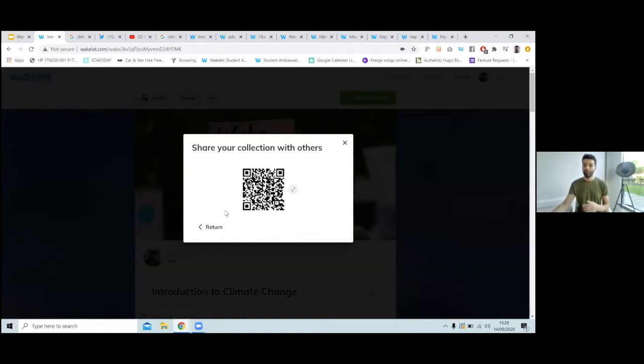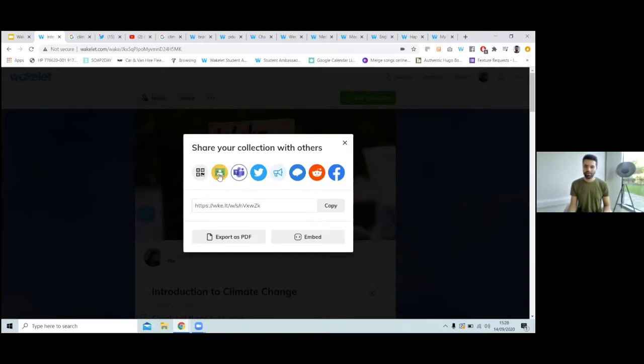So the students, when they see a QR code, they're going to scan it, and then you're kind of tricking them, right? Because it's a fun thing to do, and then they're going to go straight to a collection which is filled with amazing resources that they can learn from. Another way to share is Microsoft Teams, Google Classroom, obviously, that's a big one. And then you've got Twitter, you've got Remind, but honestly, the most popular way of sharing it is just a link. This link right here, you just click copy,